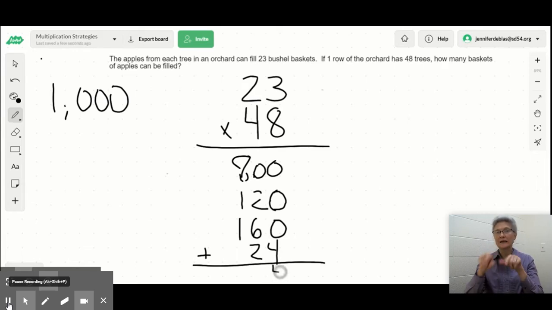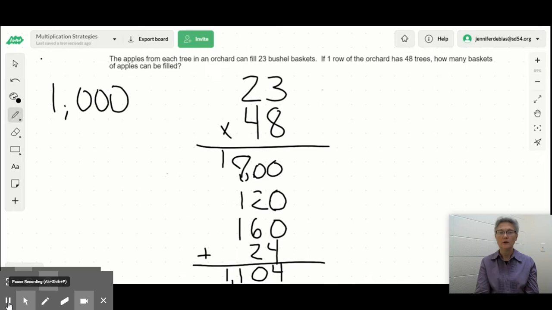So I have 4 ones. I know that 8 and 2 is 10, so I have 10 tens, which would then be 100. So 8 plus 1 is 9, and 2 more is 11 hundreds, which is 1,100. So I have my final answer of